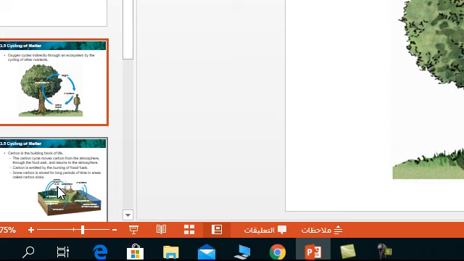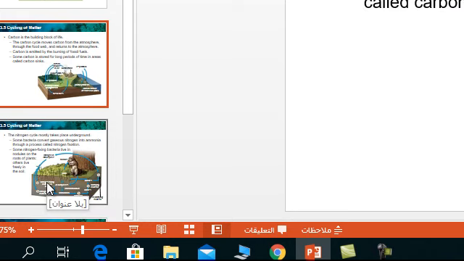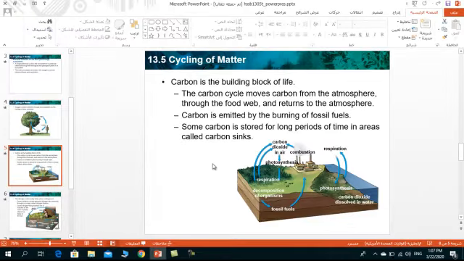Well, another cycle which is also very important is known as the carbon cycle, where carbon is the building block of life and the key structure for all living organisms on our planet. It's an essential component for carbohydrates, proteins, fats, and all living organic molecules that make up our body. We can see that carbon is found in many forms. It exists in solid, liquid, or gaseous state. Of course, in the gaseous state, carbon dioxide is a gas in the atmosphere.